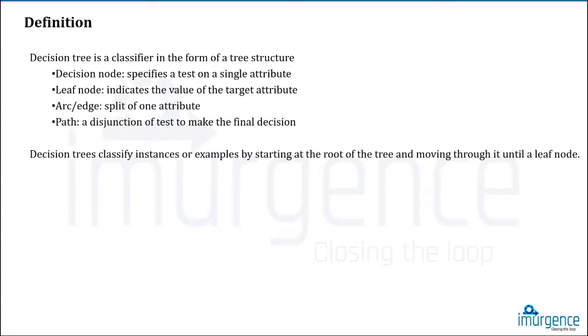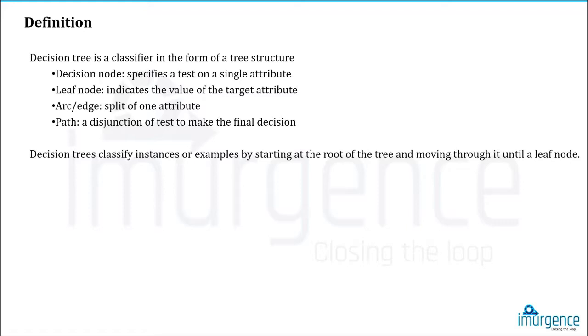From the definition perspective, a decision tree is basically a classifier or a predictor in the form of a tree structure, right? You can look at it from the leaf branch perspective, or else from the root perspective. Just imagine you are looking at a coconut tree versus a banyan tree, right? Within decision tree there are many different methods. There could be CART, which is classification and regression tree, and there could be CHAID, which is more statistical. A CHAID tree is an acronym for chi-square automated interaction detector tree, which is good for profiling, and it's closer to a banyan tree,